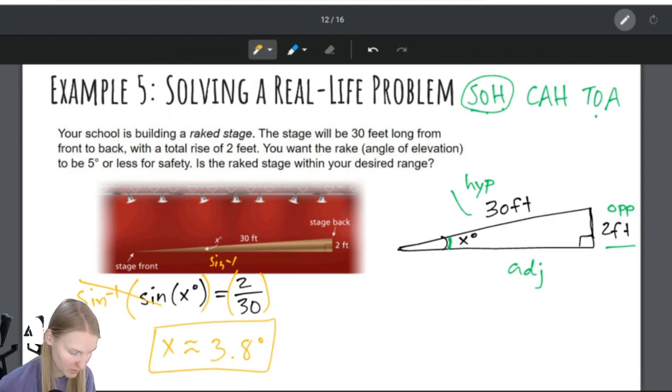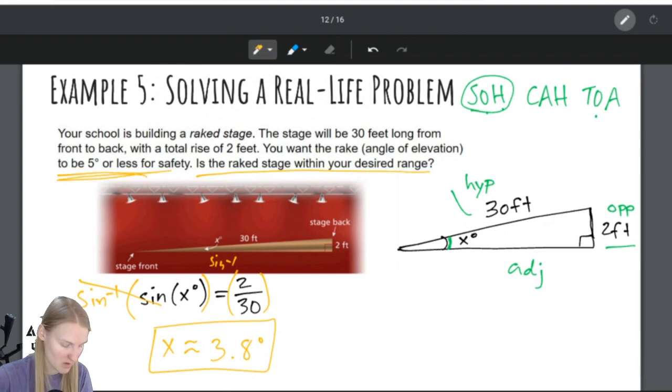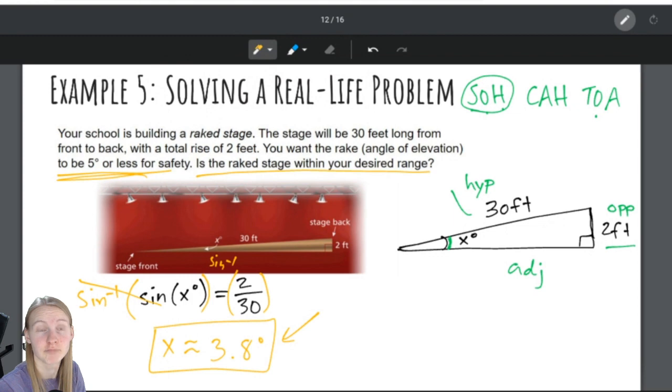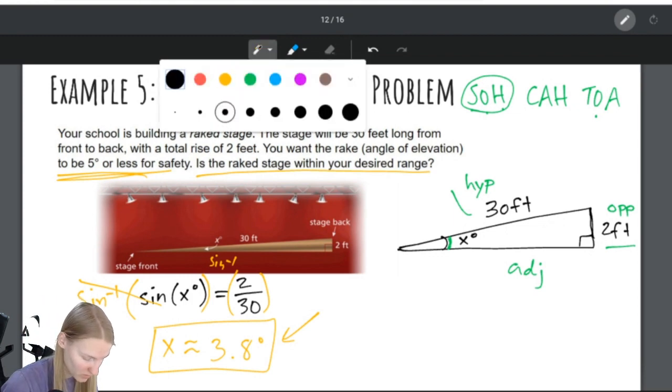So we still haven't answered the question. We know that that is the angle of elevation of this stage, but is it within our desired range? Is it 5 degrees or less for safety? Is 3.8 less than 5? Yes, it is. So, the answer to the question is